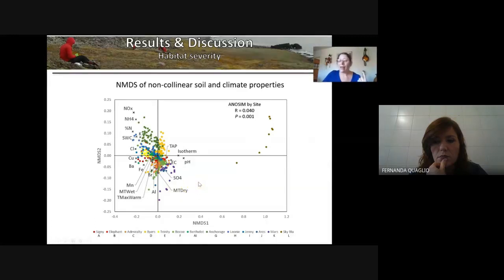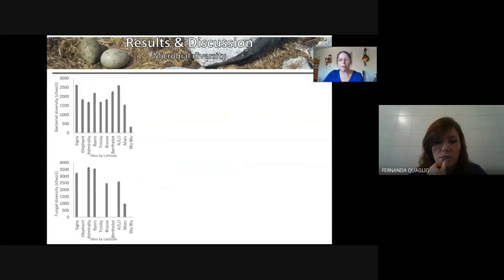Notably, this measure of habitat severity did not change linearly with latitude, because it's mid-latitude sites that are the least severe, followed by a mix of some of the high and mid-severity sites. Another interesting point is that Mars and Aries oases, which are continental sites, group with the other maritime sites, though at the harsher end of the maritime sites. So keep this spread in mind as we look at the biotic community. We'll start with the microbes.